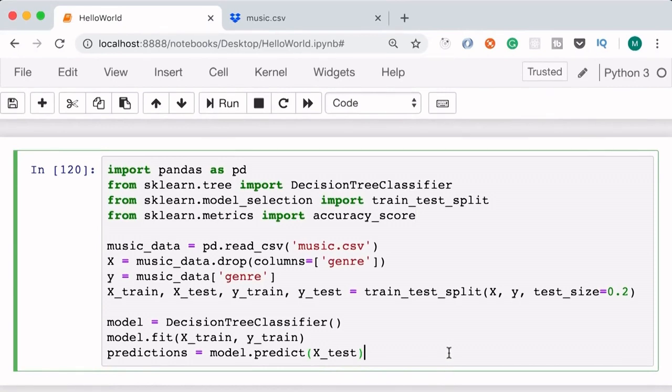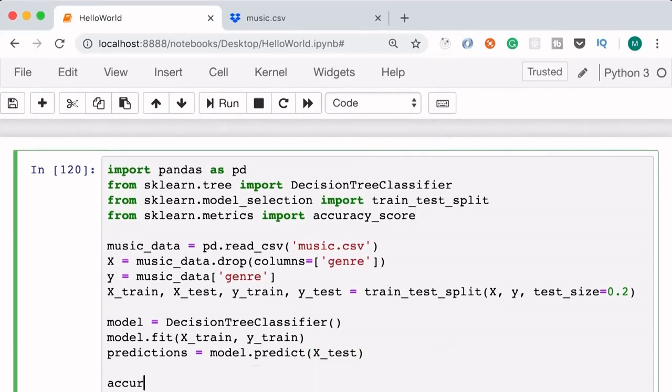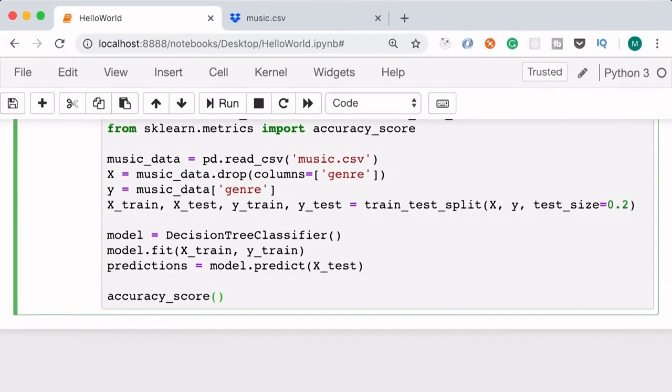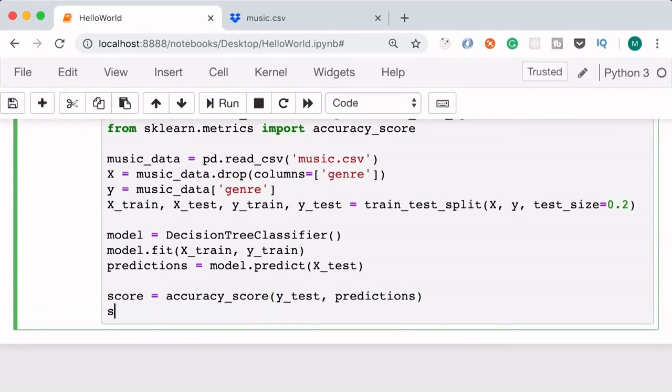Now at the very end, we call this function, so accuracy_score, and give it two arguments: Y_test, which contains the expected values, and predictions, which contains the actual values. Now, this function returns an accuracy score between 0 to 1. So we can store it here and simply display it on the console.